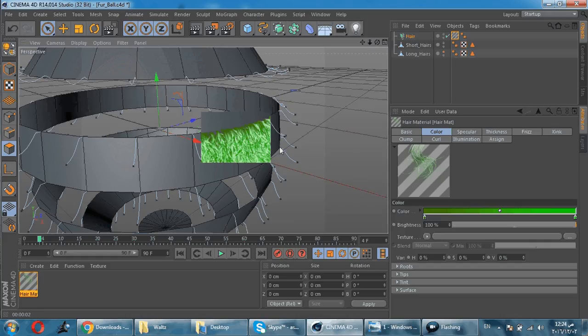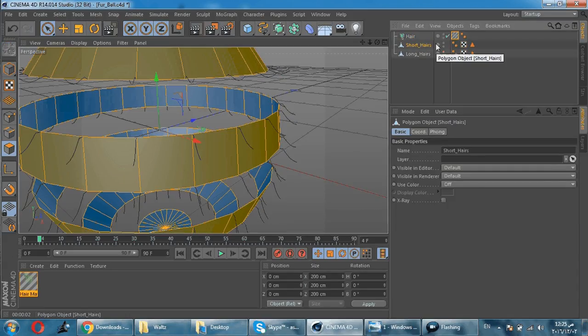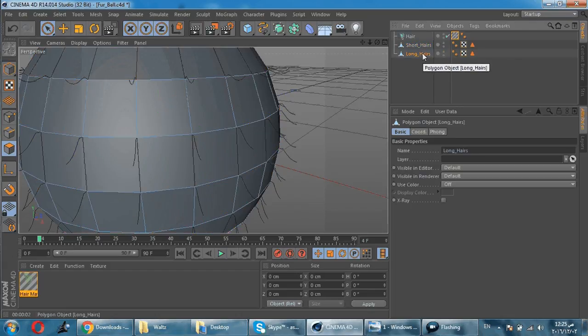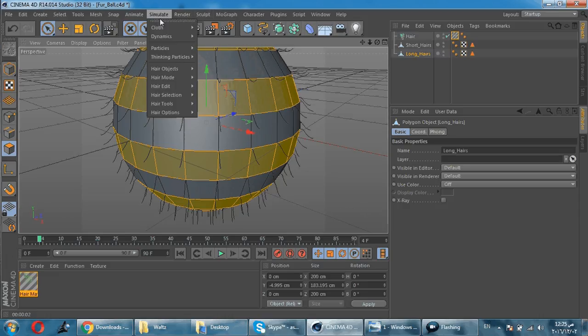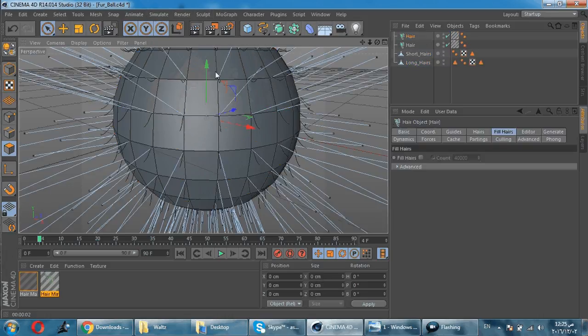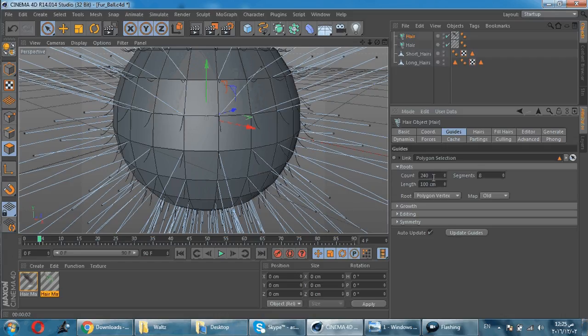Let's select the long hairs. I will press Ctrl A, so I select all the polygons. From the simulate menu, I will choose hair objects, add hair. Now something a little bit weird may happen if we change the settings of the hairs, the new hair system. Here the guides can be whatever, the length we just set to 15, now we can make it 8, the segments can be 5,